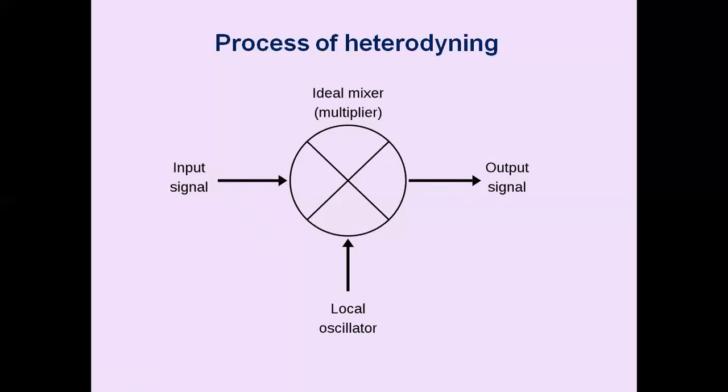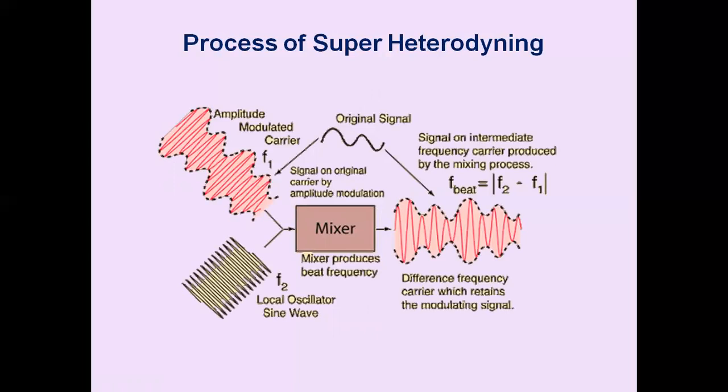So what is heterodyning? It is nothing but mixing. In a super heterodyne receiver, the incoming signal is combined with the local oscillator signal and converted into a signal of lower fixed frequency. The fixed frequency signal is the intermediate frequency signal and contains the same modulation as the original carrier. Thus, the heterodyne process involves a simple change or translation of carrier frequency. We will be studying in detail the process of super heterodyning with the help of this diagram. We have the mixer.